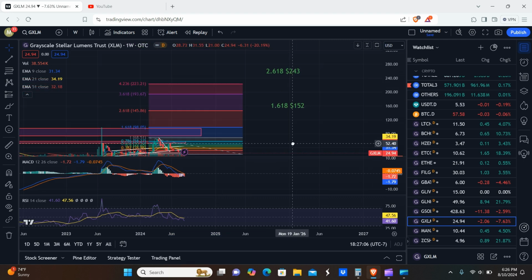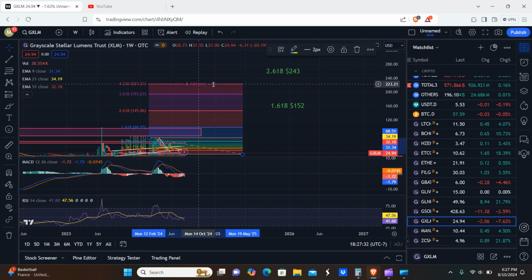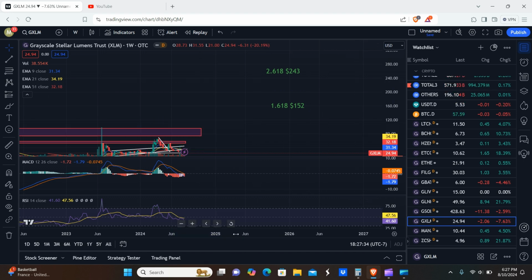All right, so you got your local level on GXLM. You have 100, which is basically right at the top of that resistance, then 145, 195, and 220 respectively. Whoops. I don't know why I thought that said 22. So roughly about a 9x. I mean, that's not bad. 17,600.